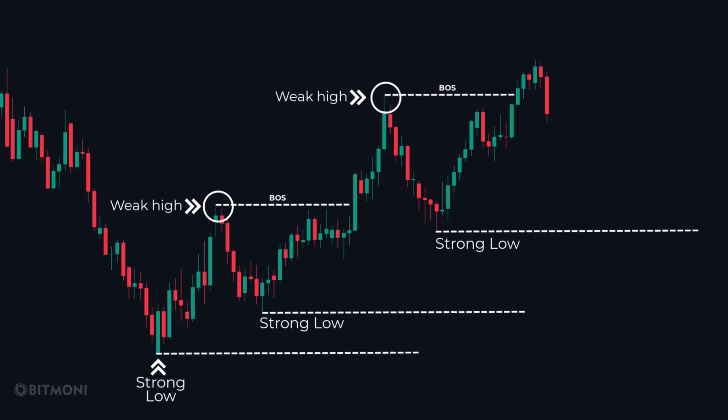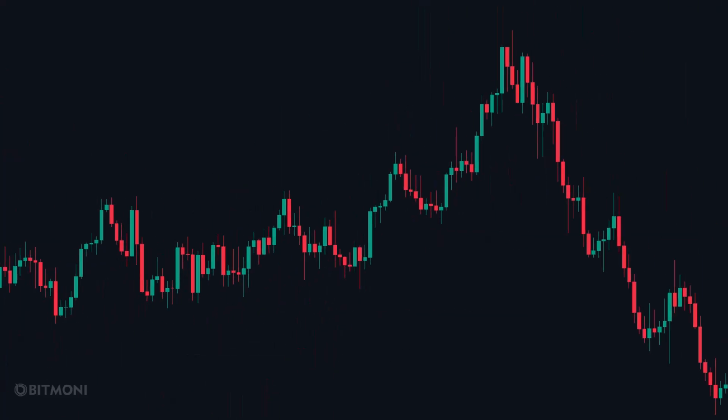Now let's look at an example combining both break of structure and change of character. On this chart, starting from the left, you can see that the market was clearly forming higher highs and higher lows, indicating strong buying pressure. Early in the move, price broke above a previous weak high, which indicates a bullish break of structure and suggested